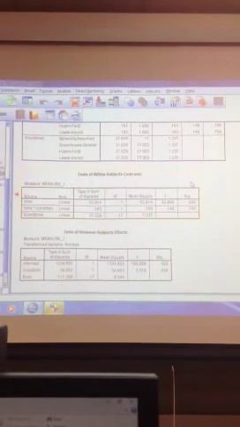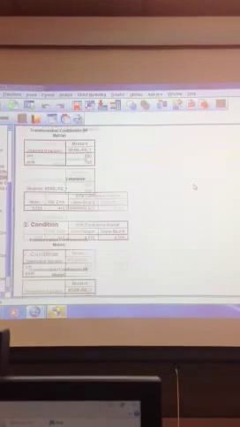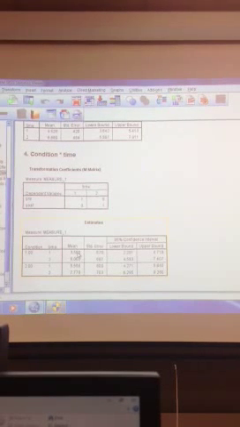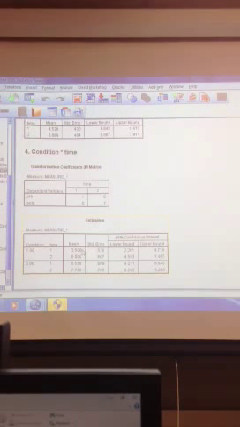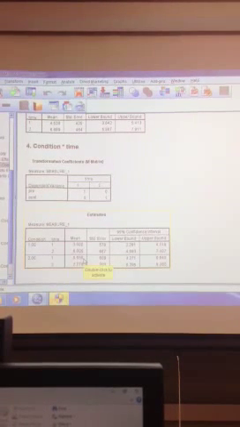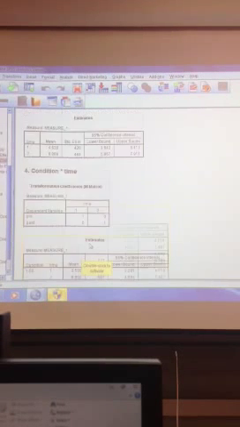And so the other way to think about that is to look at these means down here. It basically tells us that the crossover means, so here compared to here, and 6 compared to 5.56, are not significantly different from each other. So that's how you would